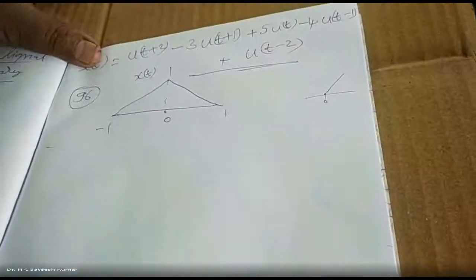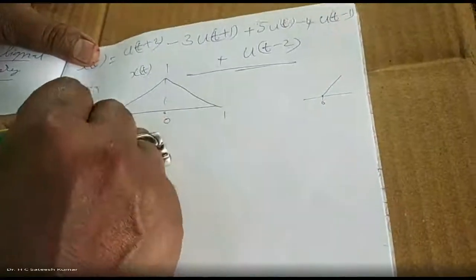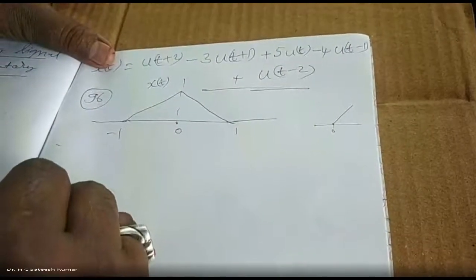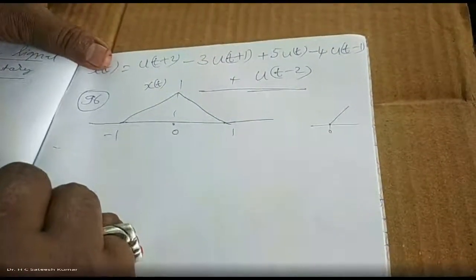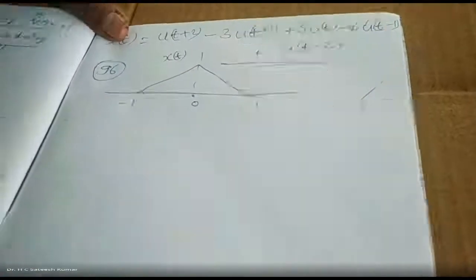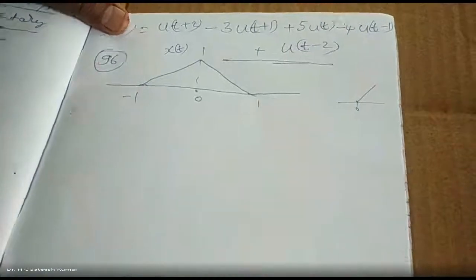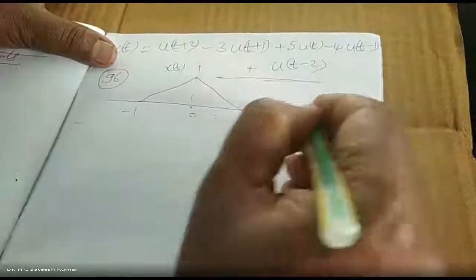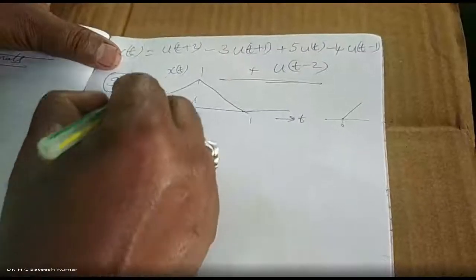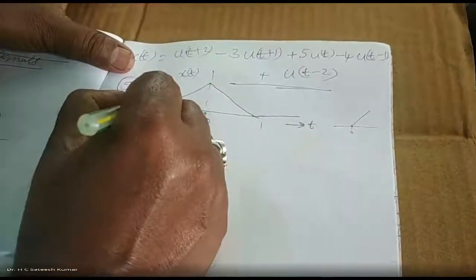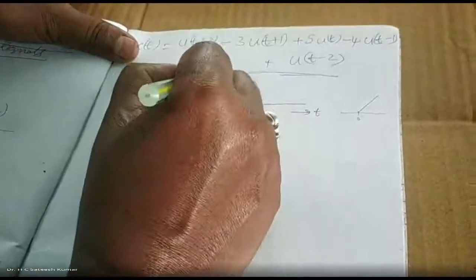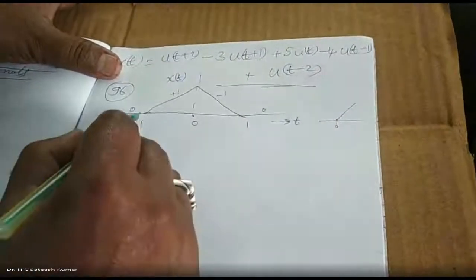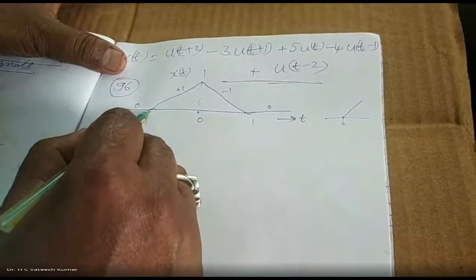Carefully observe this one. Many students will get confused with this kind of problems whenever I am representing using ramp. But once you learn, you can enjoy this. And this is the shortest possible way to do the problems, right? Now, this is slope here. Check it out. The slope is 0. Slope is plus 1. Slope is minus 1. Slope is 0. So, starting from minus 1, there is a ramp.